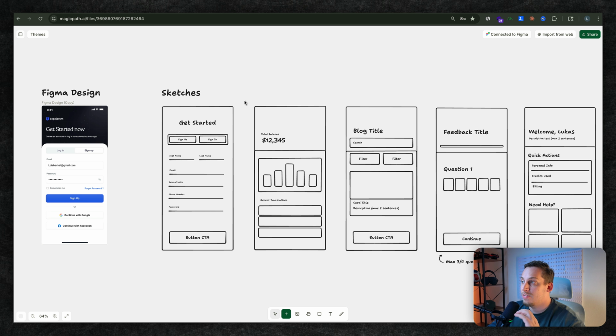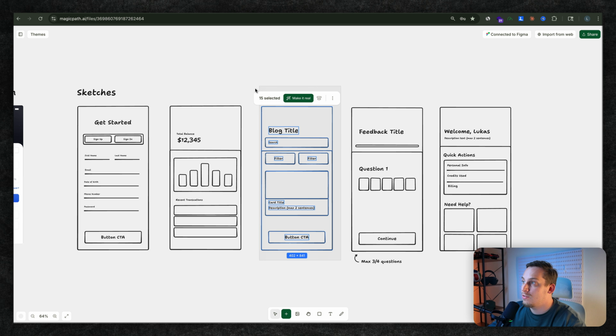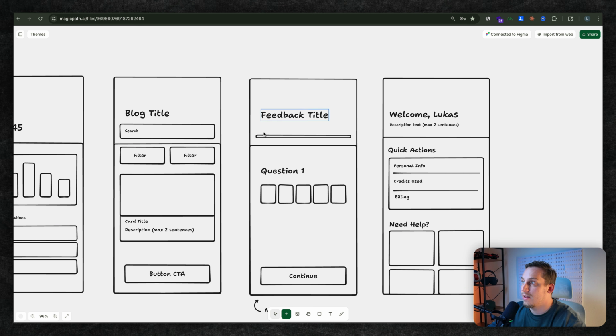Then you can draw out other types of pages. For example, this is more of a fintech overview page of your total balance. This one has a blog search mode with different filters over here, and a card example. This one is more of a feedback step-by-step questionnaire, where you have question 1 with these 5 different boxes,